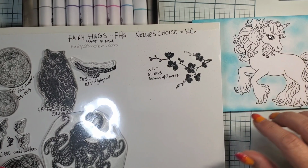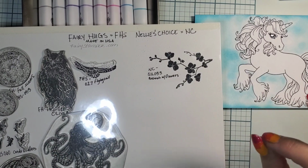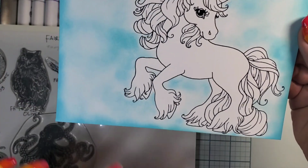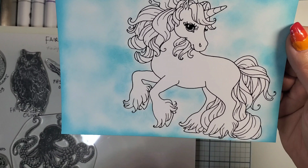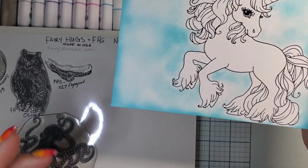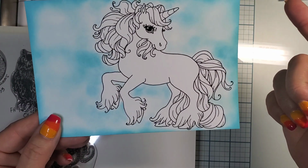Today we are working with a digital and adding some actual stamps. Now this little cutie patootie is a Whimsy Stamps digital stamp. So you can go on their website, look in their digitals, and they have some beautiful horse designs. They're less expensive, of course, than the actual stamp. And you just buy them, and they send you a JPEG and a PNG,